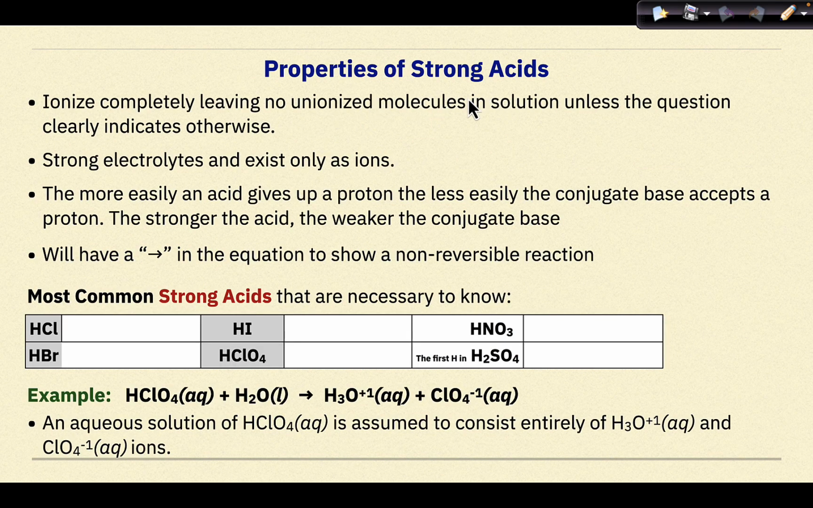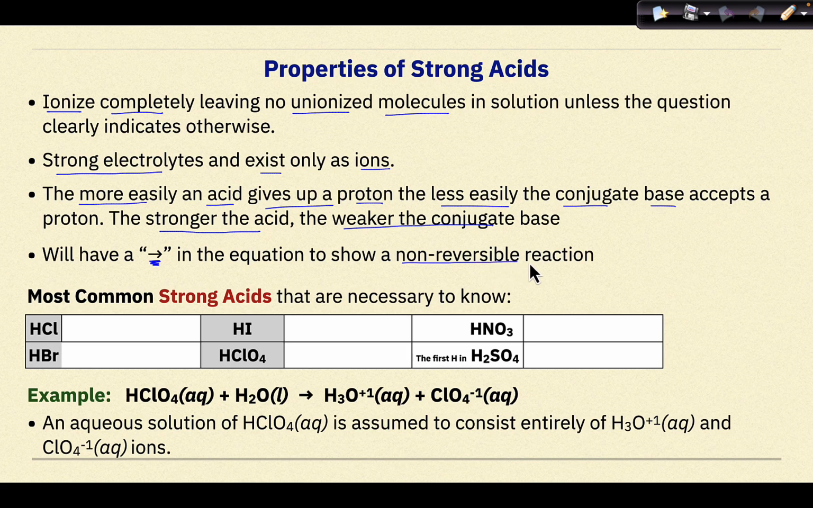Properties of strong acids. Strong acids will ionize completely, leaving no unionized molecules in solution unless the question clearly indicates otherwise. Strong acids are strong electrolytes and exist only as ions. The more easily an acid gives up a proton, the less easily the conjugate base accepts a proton. The stronger the acid, the weaker the conjugate base. In an equation with a strong acid, we will have an arrow represented like this one in the equation to